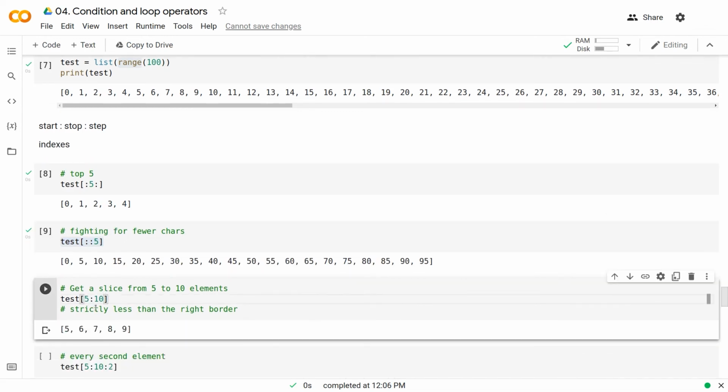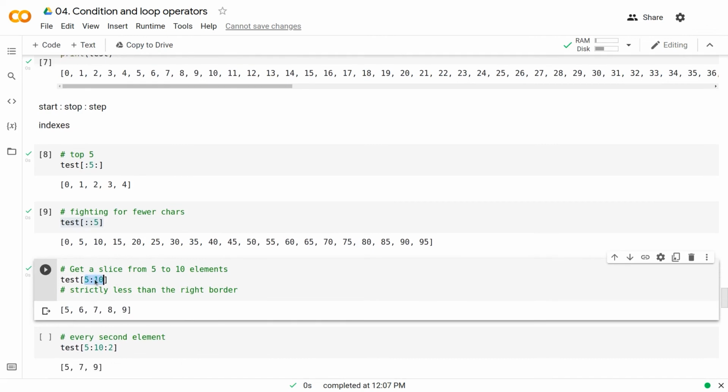As I said before, we can use 1 colon. In that case, we're skipping the 2nd colon. By default, it will take 1. If we want to get the list of items from the 5th one to the 10th one, then we should write 5 colon 10. Since the right bound is not included,